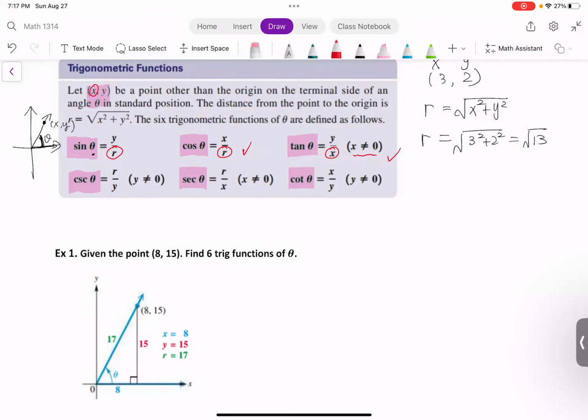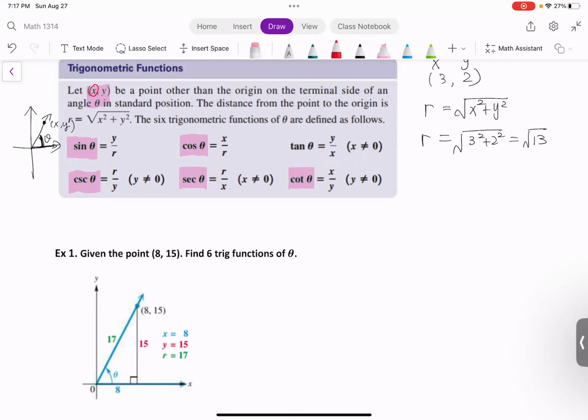But for the third function, tangent theta equals y over x. So x is not equal to 0. If it's 0, the bottom equals 0, which is an undefined expression. And the next one